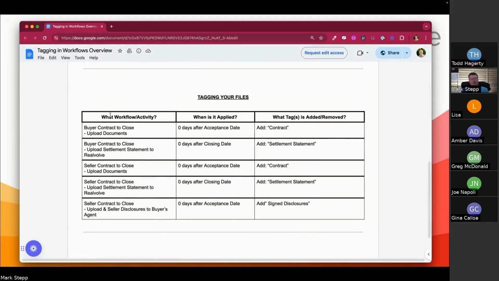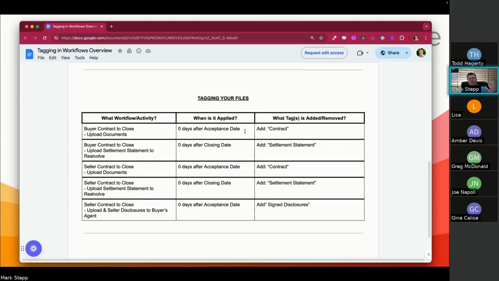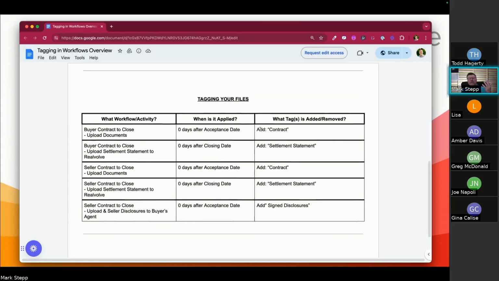Tagging your files, which is what I'm going to show next. On any of your workflows that send out emails for certain purposes, maybe you've got something after 0 days after acceptance date, I want to send the signed contract to certain people. You can add contract to a file as a tag. And then whenever it goes to send that email, there's a way of assigning the attachments that are tagged